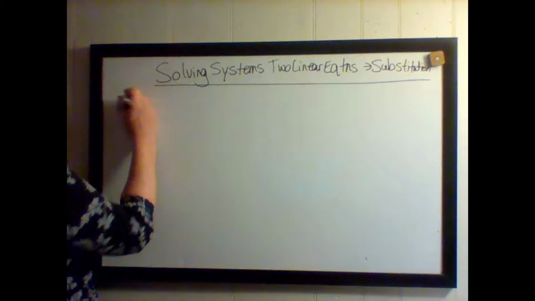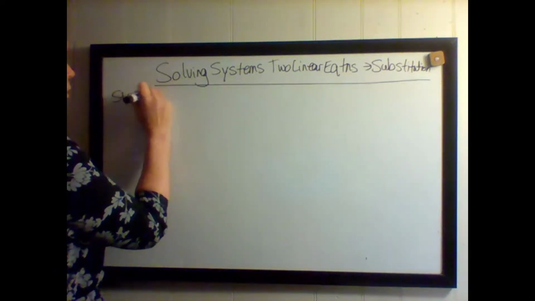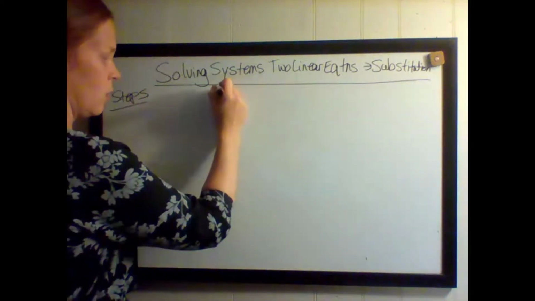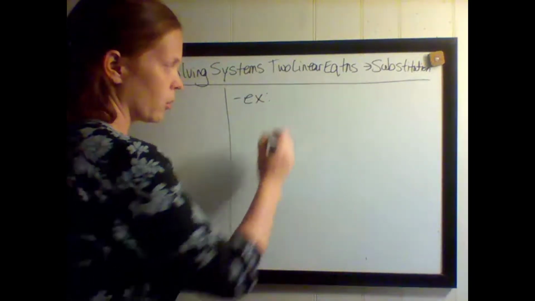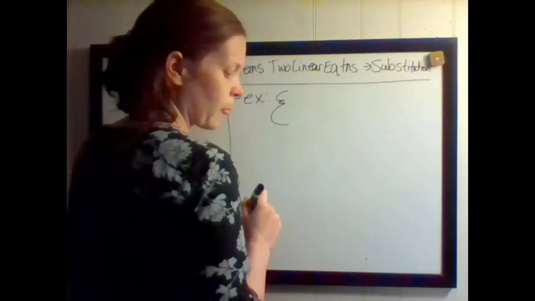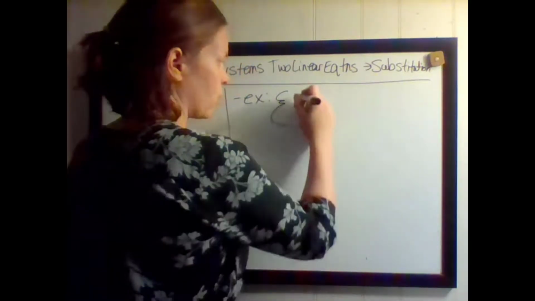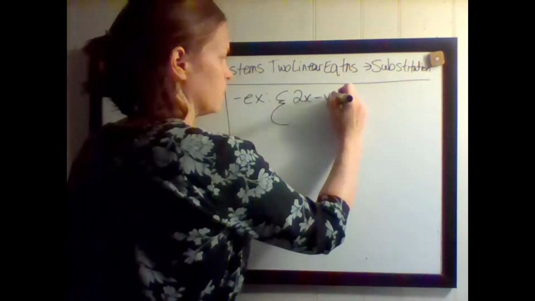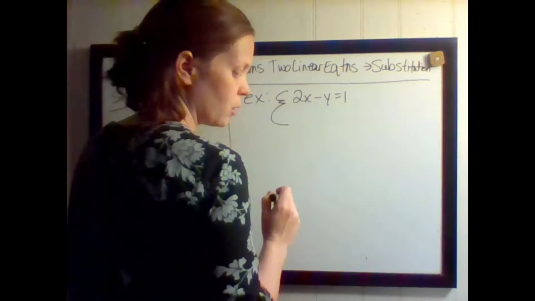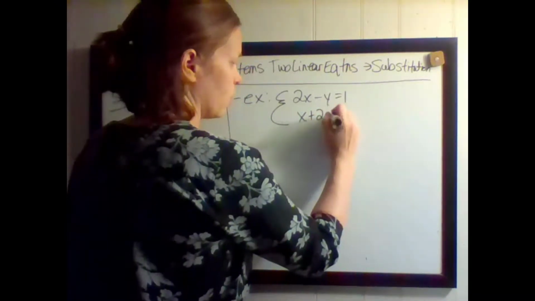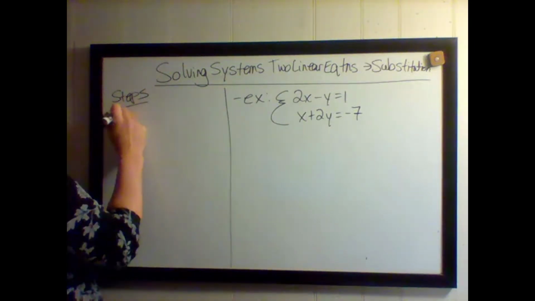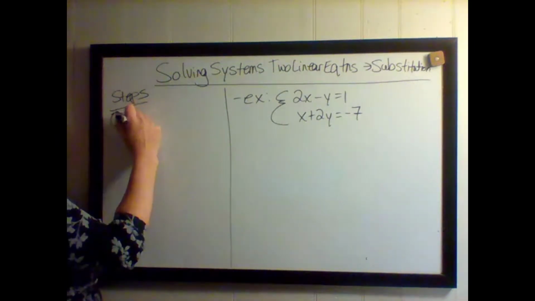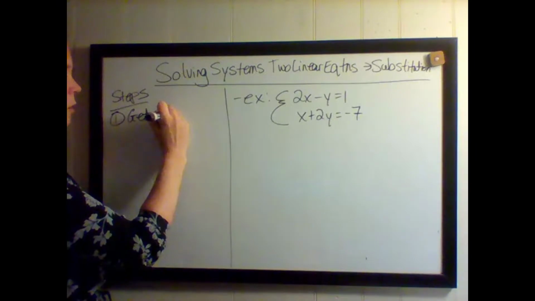So I'm going to put some steps of how to do this while we do an example. The example we're going to do is 2x minus y equals 1. This is the first equation, and x plus 2y equals -7. Okay, so for substitution, step 1 is we need to get one